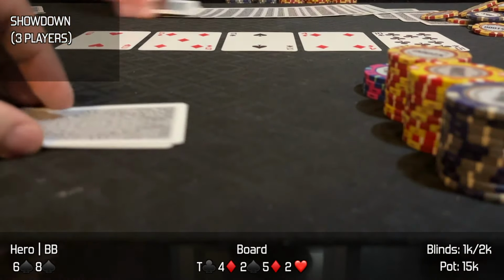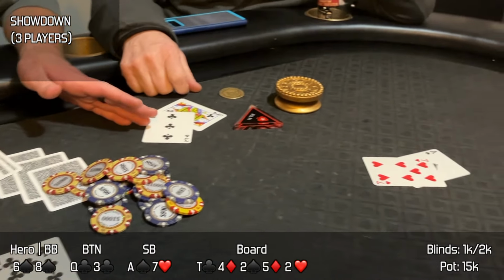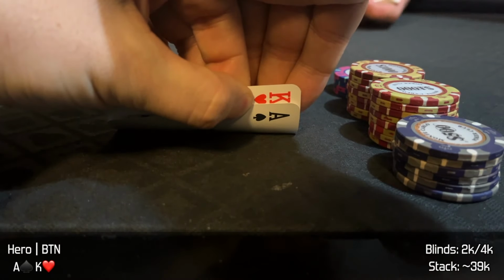The button was all in with queen 3 of clubs and busts. The small blind shows ace high and wins the pot. With this player being eliminated, we now move to the final table. Let's go. With blinds at 2,000, 4,000, we look down at ace king offsuit with just about 10 big blinds